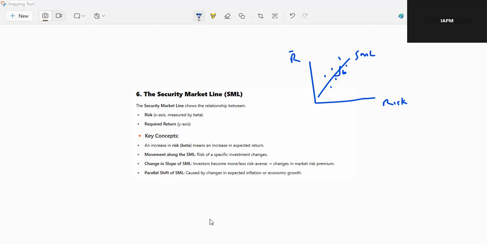The parallel shift of the SML happens when there are macroeconomic changes in terms of inflation and economic growth. So when you have a rise in expected inflation, the SML shifts upwards, meaning there'll be a higher required rate of return. When inflation has fallen, the curve will shift downwards. So just briefly understanding this, it came